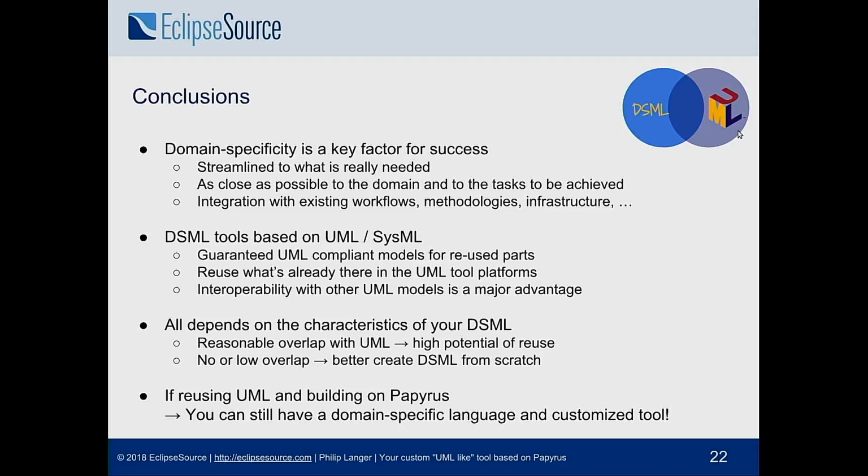So we are not saying that you should use UML for all your projects and you should use Papyrus for all your projects. Our main message is that domain specificity is a key factor for success in modeling, and that means that streamlining and customizing your tool as much as possible is very, very important. And that means both making it very custom and removing everything from the tool that is not being used by your domain experts. That's just as important. However,